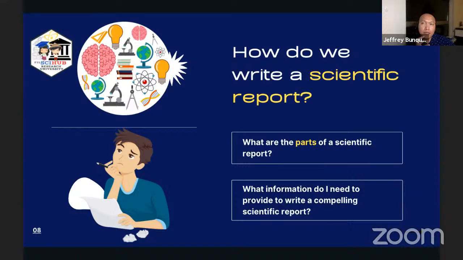Kasi yung isa pong na-observe ko reviewing write-ups of high school and Filipino college students in the Philippines, since wala din po talagang basic training sa atin sa writing, ano po, minsan po they just populate those sections just for the heck. Medyo aimless po yung paglalagay ng information. So yun po hopefully yung mabago natin dito, ano. Tuturo po natin sa inyo